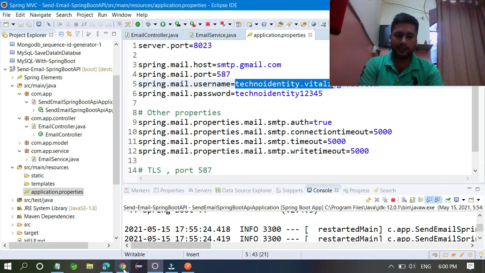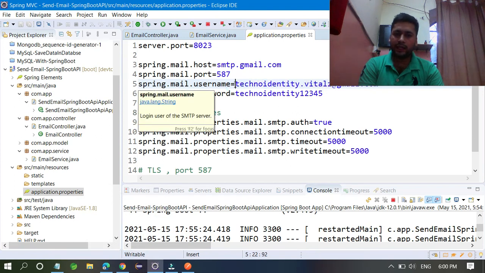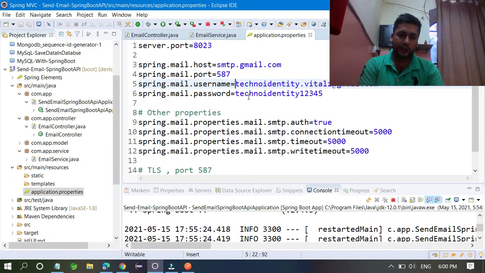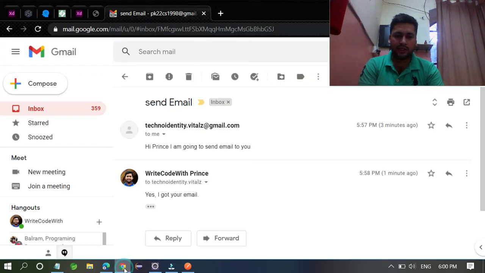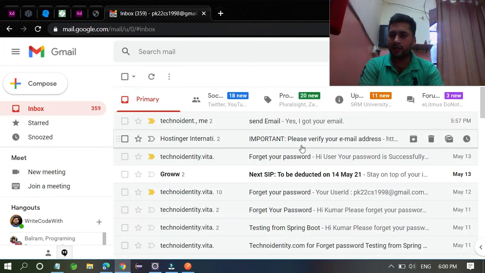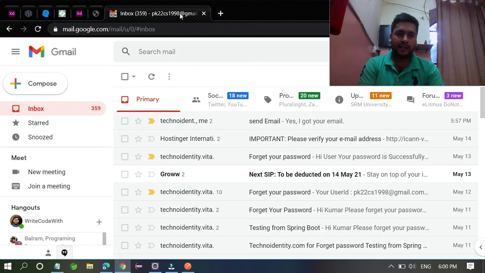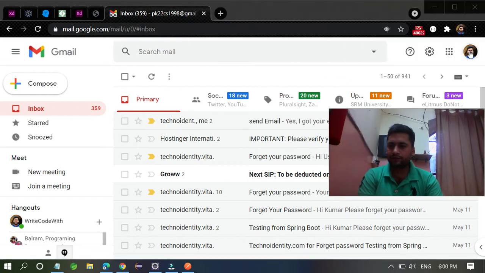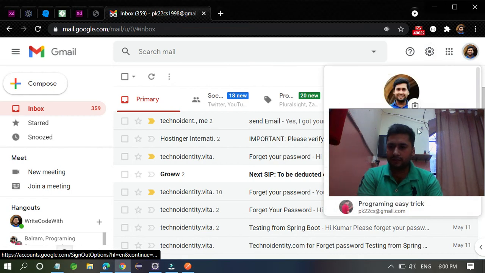Okay, I think you are not getting the emails you are going to send, so you have to enable the security. How can you enable the security? First you have to do this, then only your email is sent. For example, this is the email id, not this one. I will show you. For example,